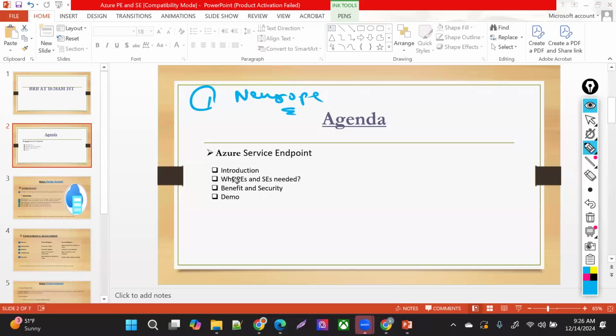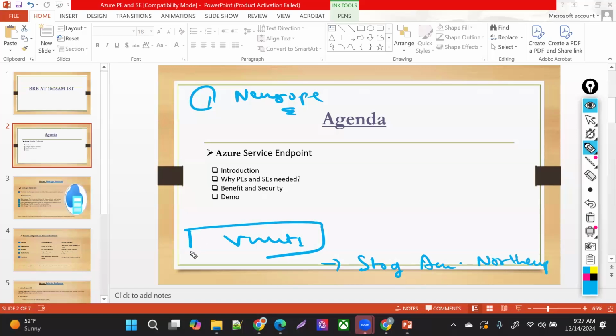So in my VNet I can select the service endpoint with the service tag corresponding to storage account in the North Europe location. Now this VNet will access your storage account only in North Europe, whatever location you have selected.